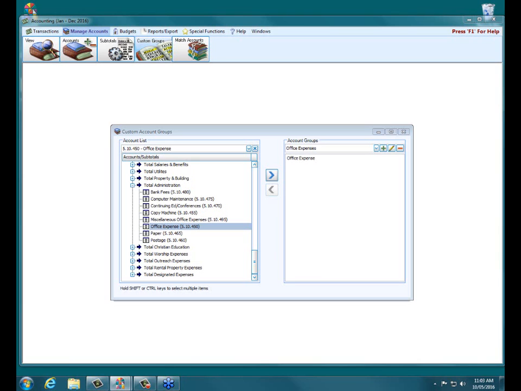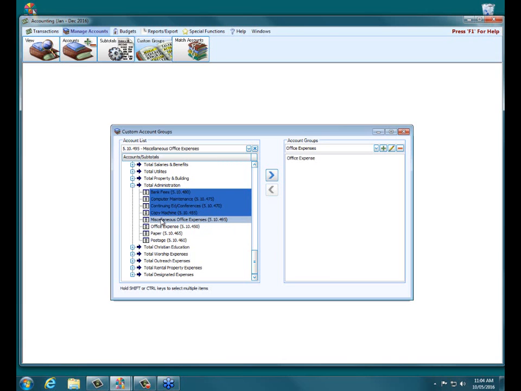The nice thing about this, and I like to point this out as well, is if we notice down here in the bottom left, it says hold Shift or Control keys to select multiple items. So if you do have accounts either grouped together or not, right here we've already added office expenses. So probably most of these listed under our administration subtotal would be added to our group, but we've already added office expense. So I can highlight, say, bank fees at the top and hold down my Shift key and select miscellaneous office expenses, and it selects the group of them,